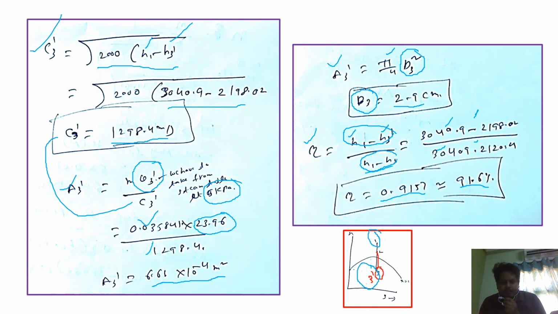This is how we have to calculate the enthalpy, entropy, and specific volume at point 1, at point 2, and also at point 3. We can find the velocities at point 2 and point 3 by using the formula square root of 2000 into h1 minus h3, and also we can find the diameter. Area is equal to pi by 4 d square. From this equation we can find the diameter. So in this problem I have covered all the equations that we have derived earlier.